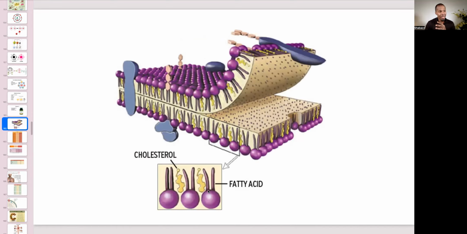Now, each one of these fatty acids, as you see right here, has a hydrophilic head and a hydrophobic tail. Both of them absorb and retain water. That's why each one of your cells is about 60 to 70% water. Look in between at cholesterol. Cholesterol is good, it's great. The problem was putting too much cholesterol in over time, and now it filled up the fatty acids and the receptor sites. Every cell has a receptor site, and the receptor sites have clogged up and won't allow the glucose to come in.